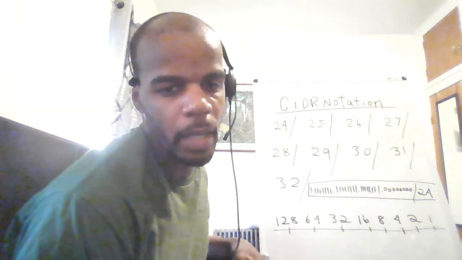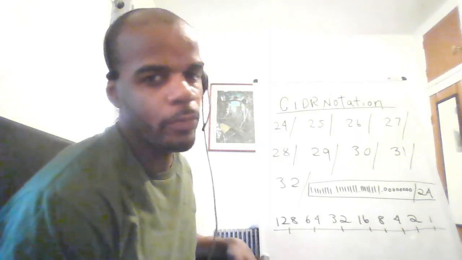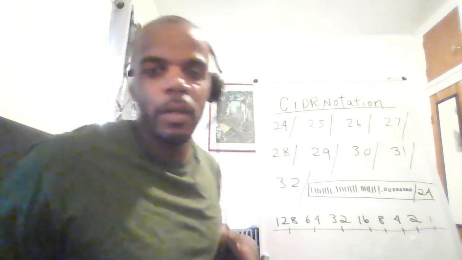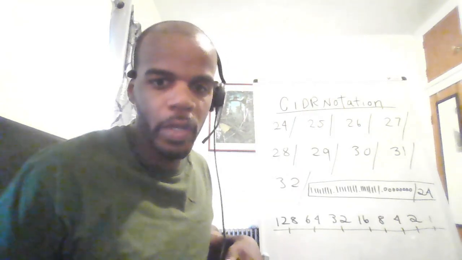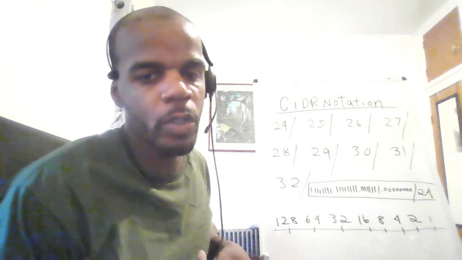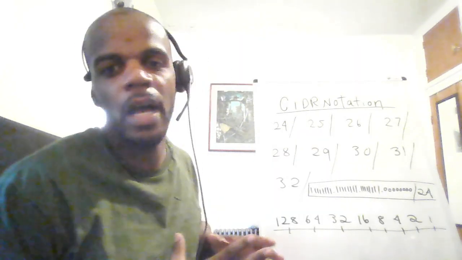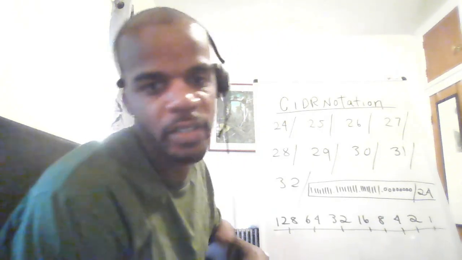So, I'm going to give you guys an example. Remember when I broke down the subnetting chart? I think we were doing binary to decimal and decimal to binary, and I was teaching you guys how to add the block sizes. So when we talk about CIDR, it's almost similar to identifying block sizes. Well, it's not almost, it is. So what I mean by counting in block sizes, for example,